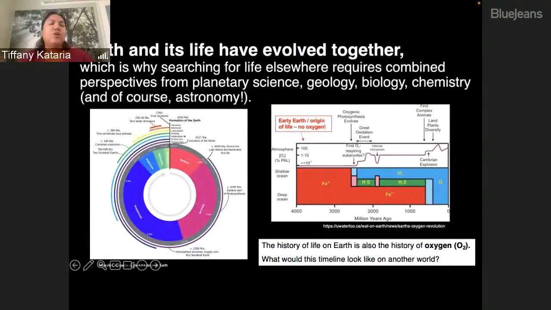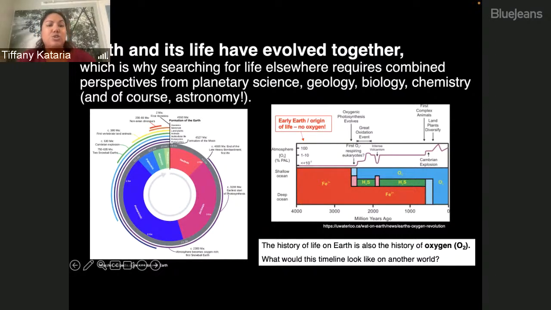All right. And so something I want to highlight is the fact that Earth and its life have evolved together. They haven't been operating in a vacuum. The processes by which Earth and its life have emerged are a really coupled process. And so here on the left, I'm showing you a cartoon just from Wikipedia, but it's illustrating very nicely the different epochs on Earth as they relate to the emergence of life on Earth as well. And so you can see here the event at which Earth becomes oxygen rich and so on, and forming more complex life.